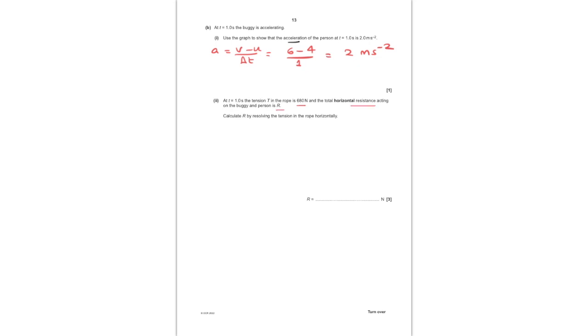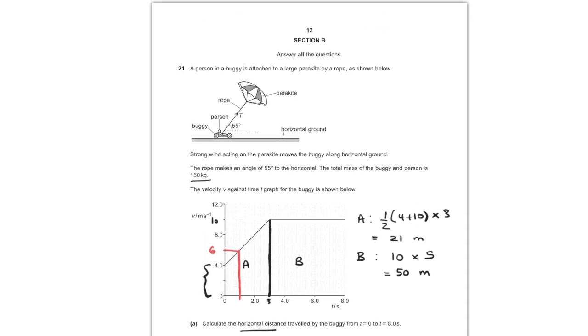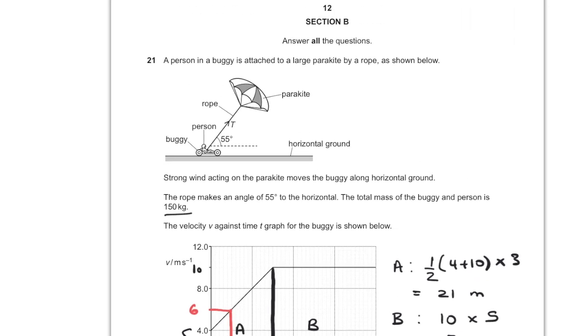Okay, so if we just go back again to the diagram, we can see over here that the tension is acting 55 degrees to the horizontal. So if I just draw this out over here, let's say this is tension and the angle is 55 degrees. So this horizontal component is going to be, according to SOH CAH TOA, T cos 55 degrees. Okay, and there is a resistance of R newtons acting in the opposite direction, obviously, to the motion, and we have to be aware that the buggy and the person are accelerating towards this side